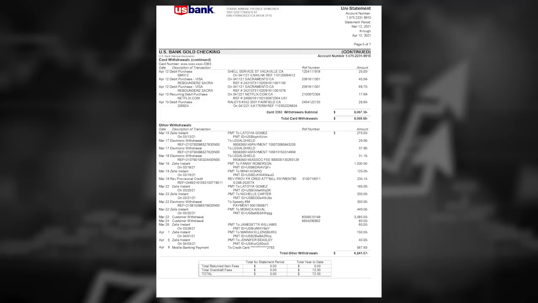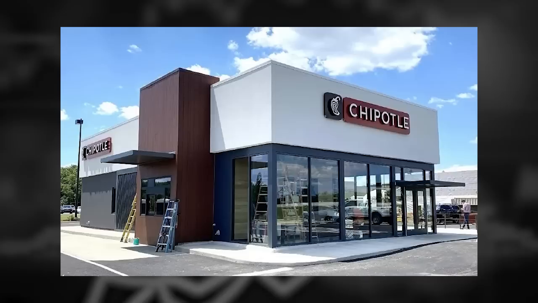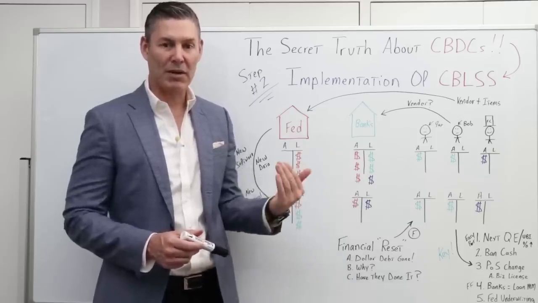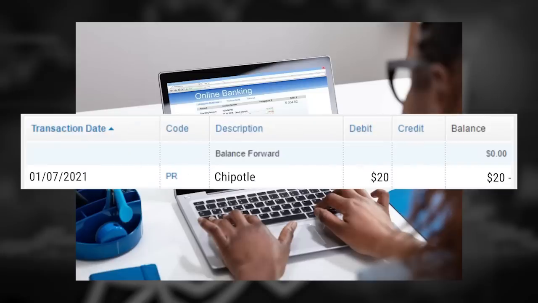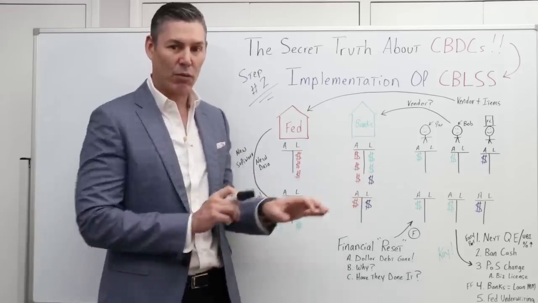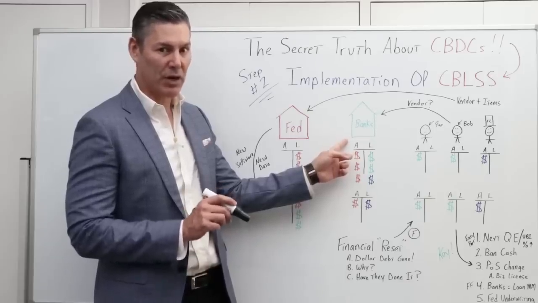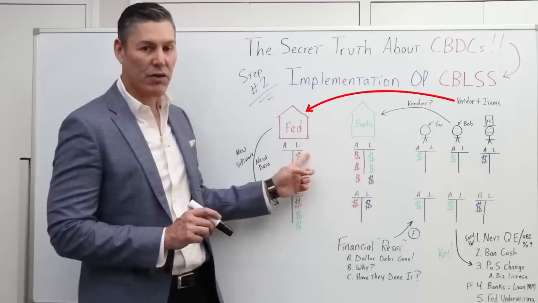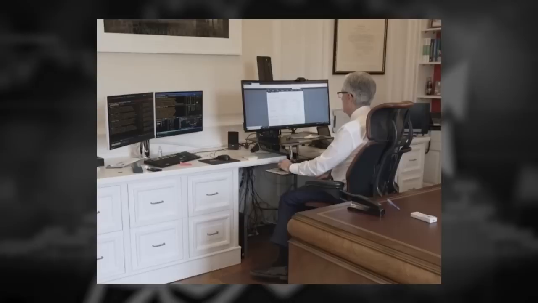Just think about the bank statement you have right now. You could go to lunch this afternoon at Chipotle, and you could go home and pull up your bank statement online and it would say Chipotle, $20 or whatever it is. And you would see that going to your bank's website. But in the future, the commercial bank will not have that information. It will go directly to the Federal Reserve's ledger, and then they will have the new software to be able